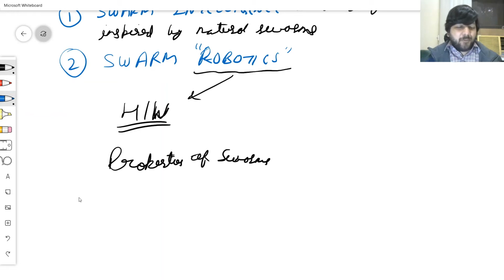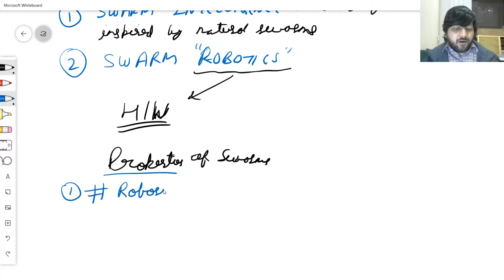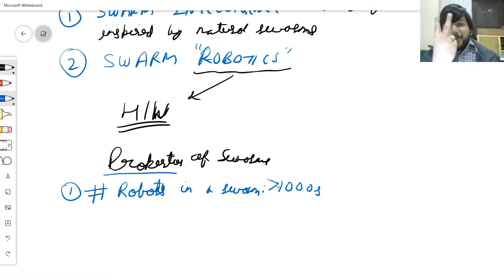So when we talk about swarm robotics, we are talking about some specific properties that I'll just highlight. Now, number one is the number of robots in a swarm, and let's say there are thousands in number, more than thousands in number. So I'm not talking about one robot, I'm not talking about two robots, I'm not talking about three robots. I'm talking about the same number of robots as there are ants in your food, as there are bacteria that